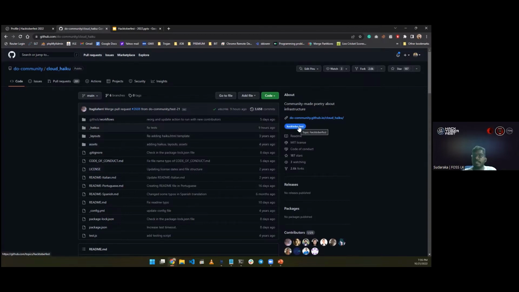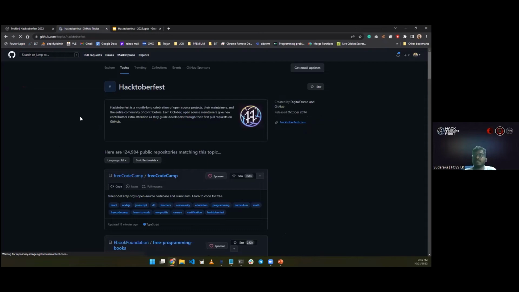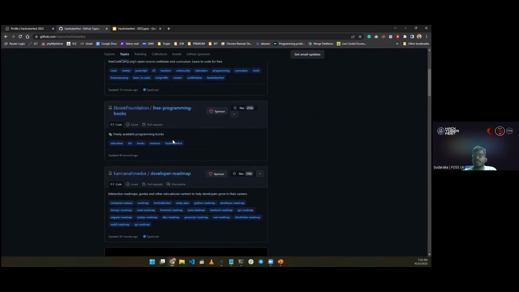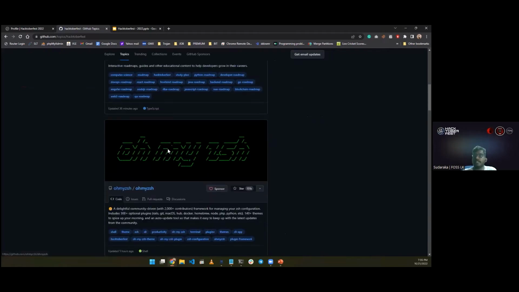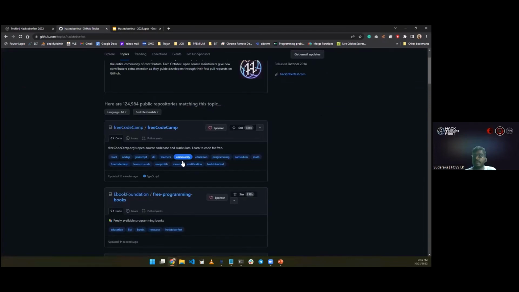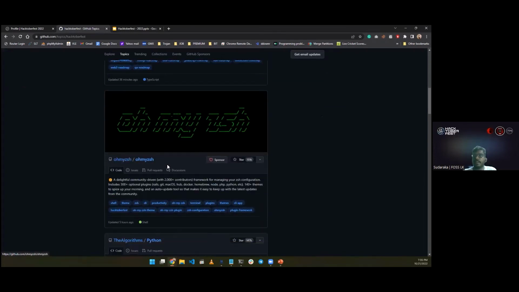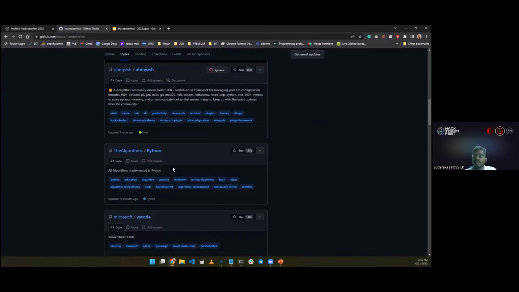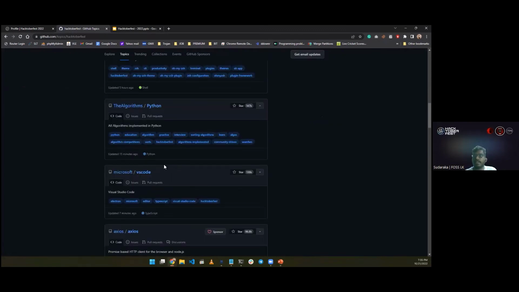You can also click on the Hacktoberfest event tag here. So you can see most of the Hacktoberfest repositories available on GitHub, right? There are multiple, I think a lot of Hacktoberfest event repositories. You can find one based on your preference or what you are trying to do here, and contribute to that event.